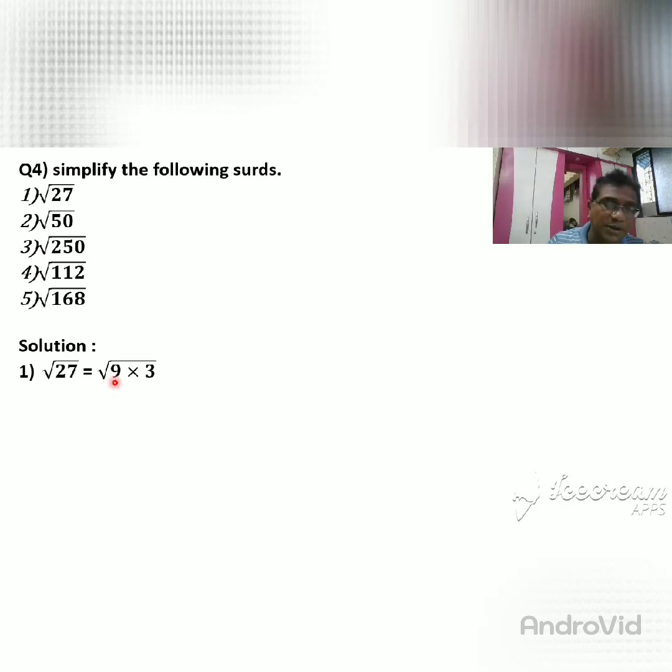Your answer is correct. So this is the square root of 27. We factorize 27 such that one number's square root can be found. 9 threes are 27, and the square root of 9, as you know very well, is 3. So we can write the answer 3 root 3. The square root of 27 is simplified as 3 root 3. Do you understand how we get this? If not, I will explain again.